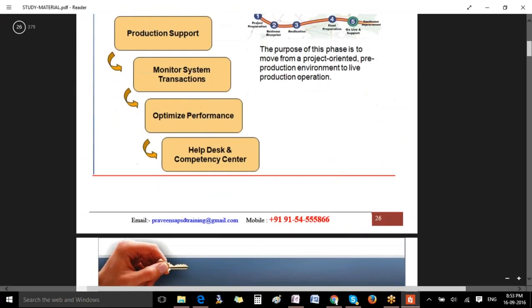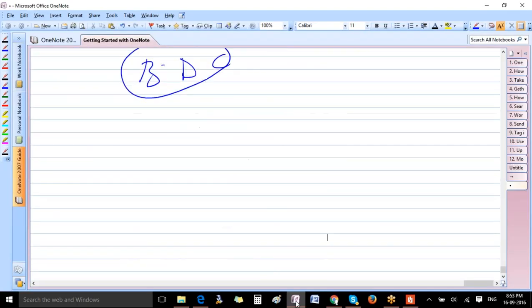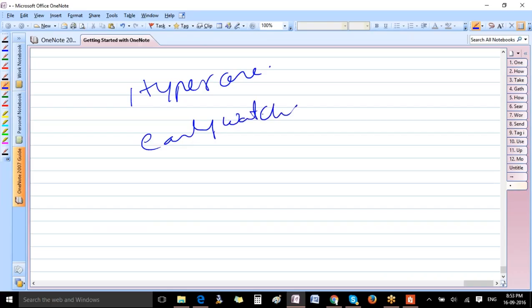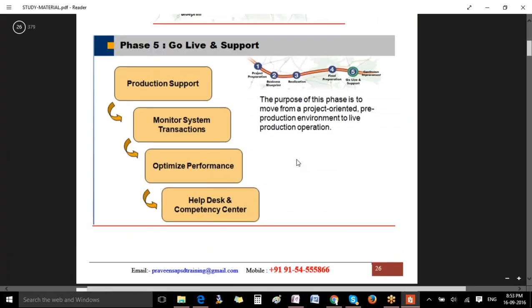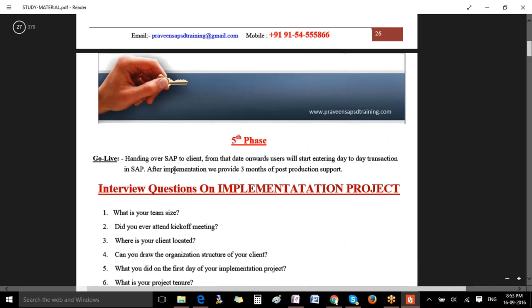Here you will be doing multiple activities, and in the interviews also they ask this terminology. So be informed with these terminologies. It's like hypercare, early watch. Okay, they might be asking these terminologies. What is hypercare? What is early watch? It's nothing but what you do in the go live. You set up a help desk system and you optimize the performance of the system, and any issues you fix right there itself. Okay, so you hand over the SAP to the client,